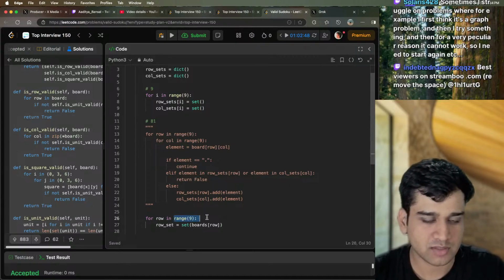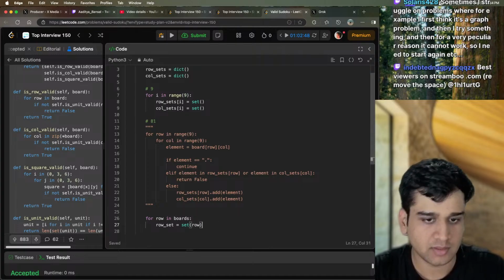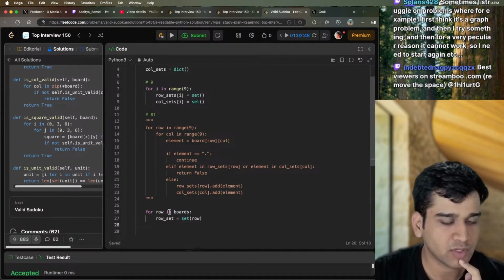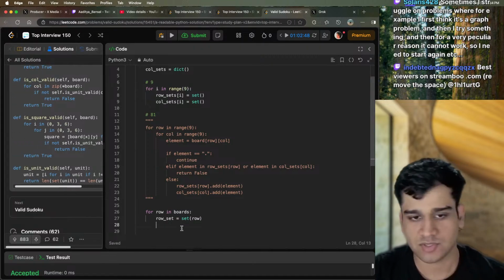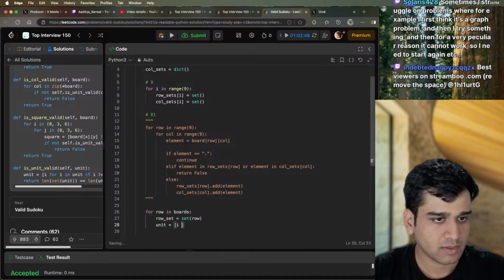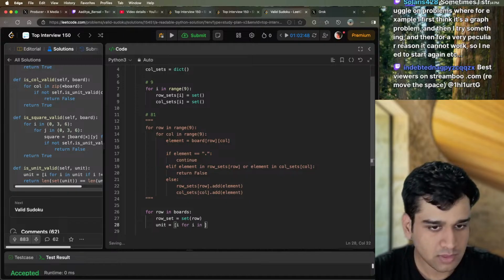And then we can also simplify it by just iterating through board, and then we will have just the row. And then how are they checking if they're safe or not? Okay, so they are doing another one, which is like a unit. And for i in the whole row, I guess